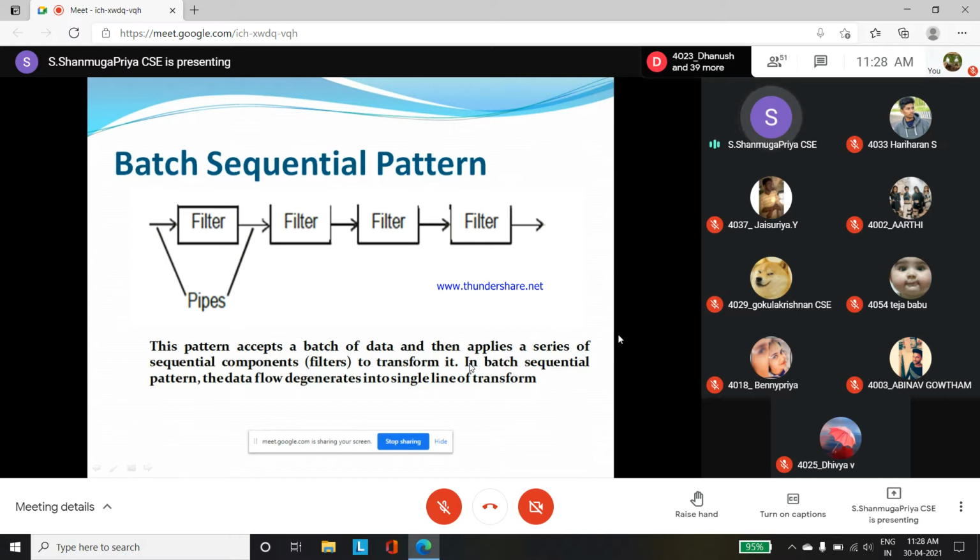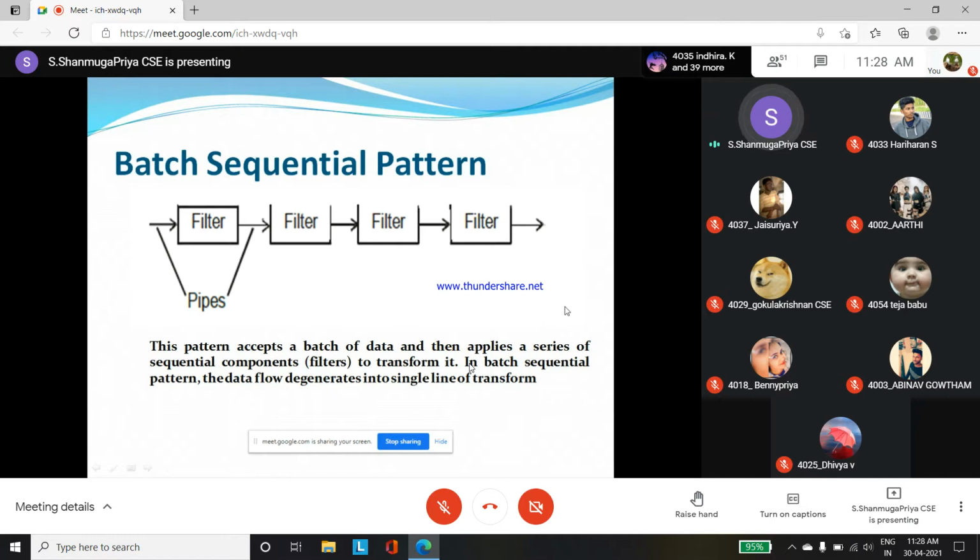That is, it should be in order, in a line format. Sequentially only we have to add the modules. Here modules are represented as filters. A filter is nothing but a module. So if we are adding a series of sequential components, that concept is called batch sequential pattern.